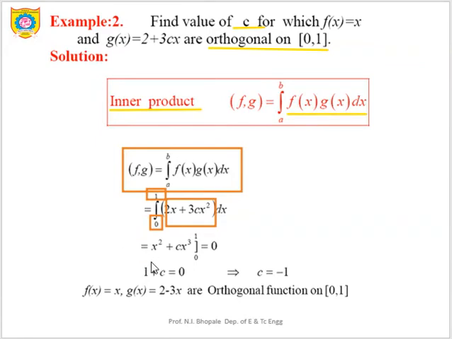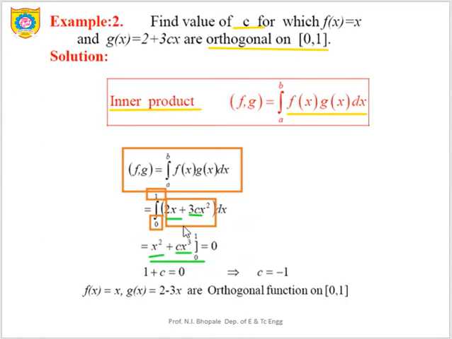So this quantity is multiplied and results in an integral like this. For the first quantity, 2x, the integral will be x square by 2, so the 2 will be cancelled and it results in only x square. For the second, 3cx square, the integral is taken with respect to x. 3c will be the constant, and the integral of x square is x cube by 3, so the 3 will be cancelled. It results in cx cube.